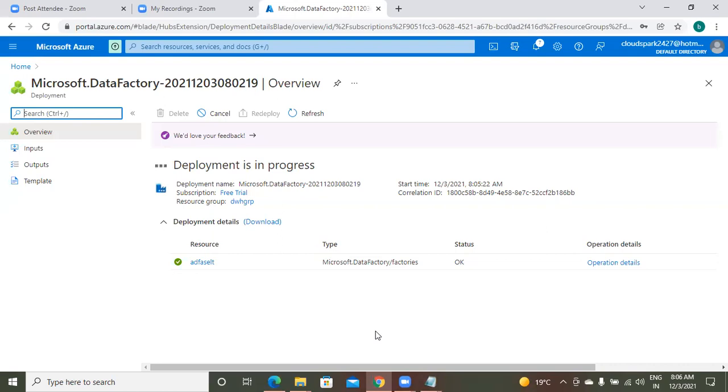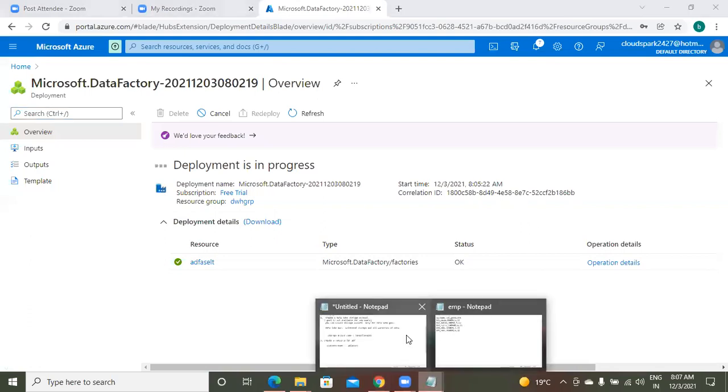So we are already doing all these operations from our resource group only. That's why every time we are not selecting that resource group. Please check the third line here. Our resource group is already selected.